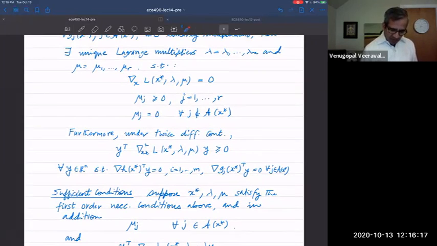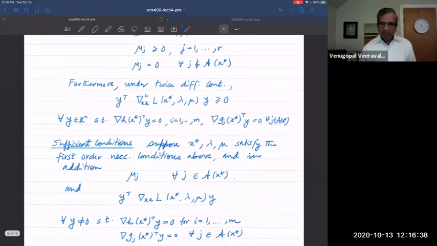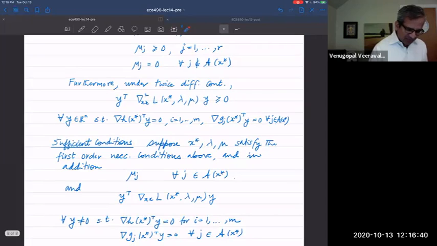So suppose that for X star, there's a lambda and mu that satisfies the first order necessary conditions. Well, actually, the first order necessary conditions are these. And if, in addition, mu j is strictly positive, not just non-negative, strictly positive for all j in the active